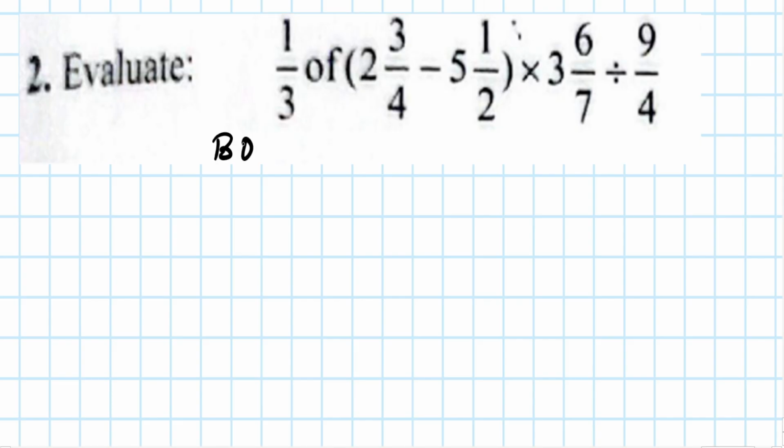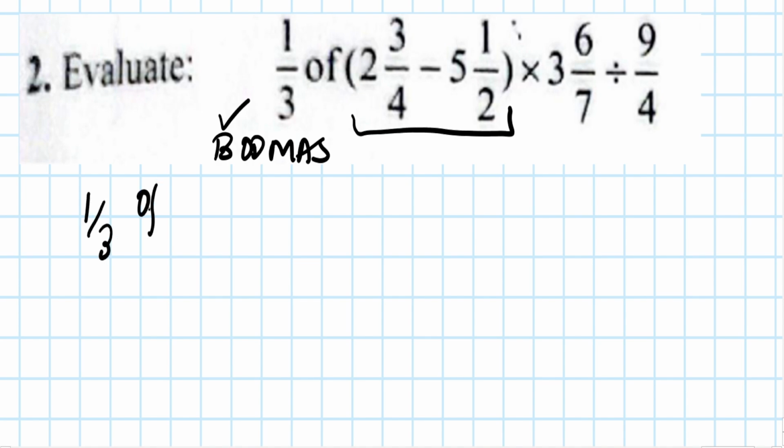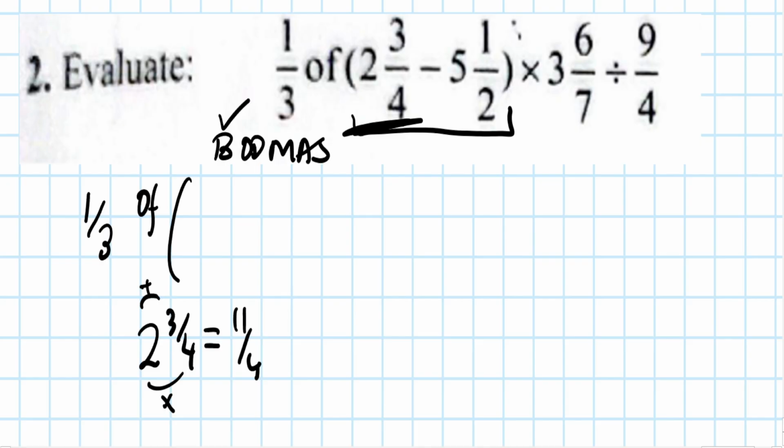Likewise, BODMAS is very, very important. So we start with the brackets. If you look, this is the one in brackets. So write a third of the ones that are in brackets, but remember, change this 2 3/4 into an improper fraction. So remember, 2 3/4: 4 times 2 will give you 8, plus 3 will give you 11. So basically you just write 11/4 instead of